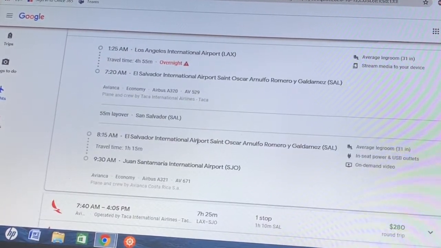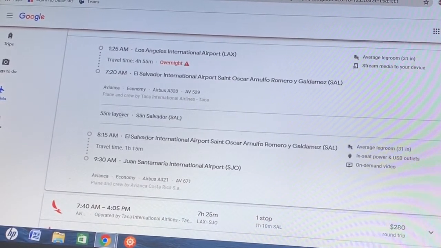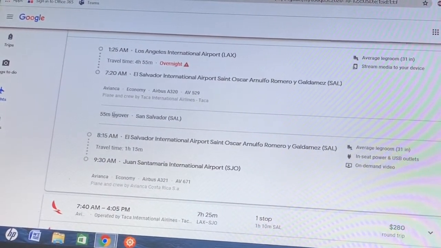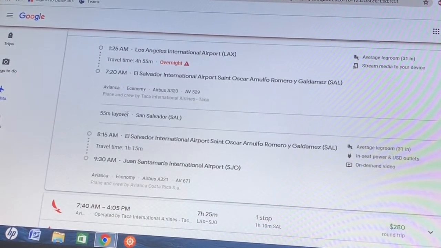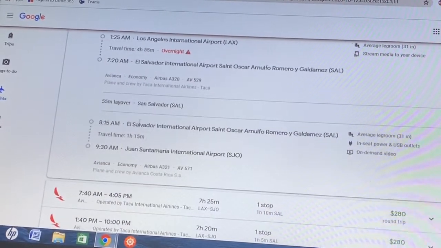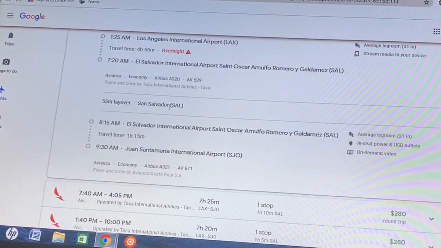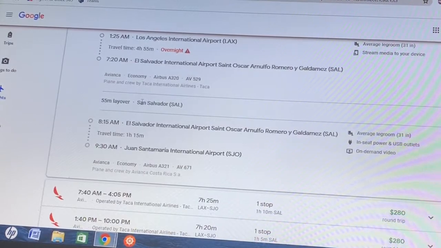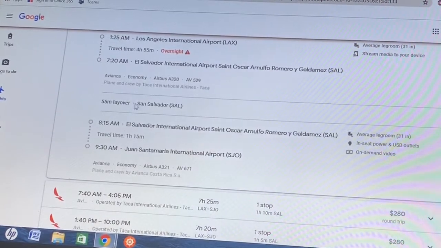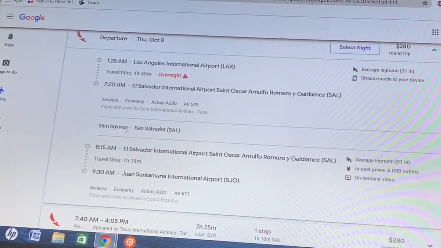Okay, sounds good. Less layover is good sometimes. Sometimes a bigger layover is better, because let's say you're stopping 3 hours in another country, that doesn't give you enough time to go out of the country. But if you have an 8-hour layover or even 5-hour layover, depending where you're going, it's an awesome way to just travel to that place. On my recent trip, I was able to go to Miami for like 5 hours, and it was a nice experience. Another trip I went to Tokyo for 8 hours, which is great. I got to see the city. So this is great. In Salvador, I'm just gonna have a 55-minute layover, so this is perfect.